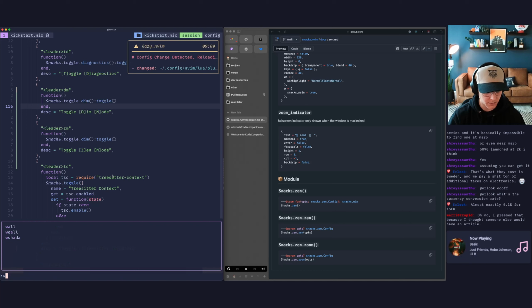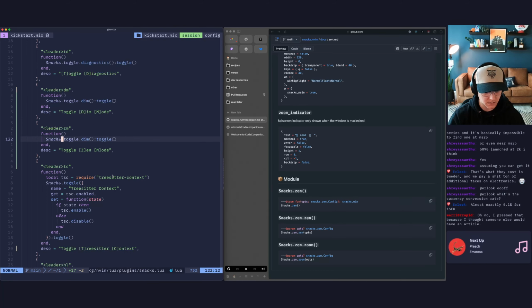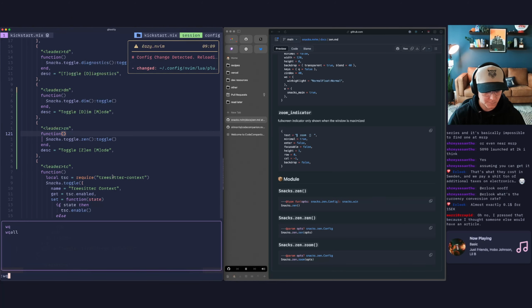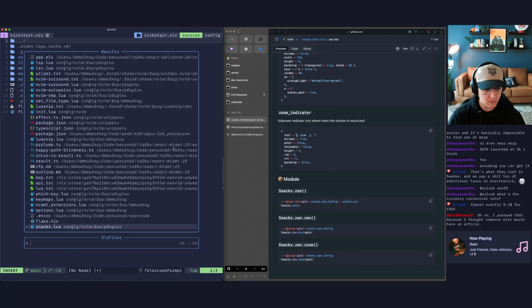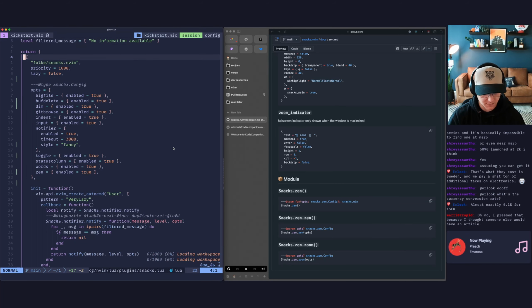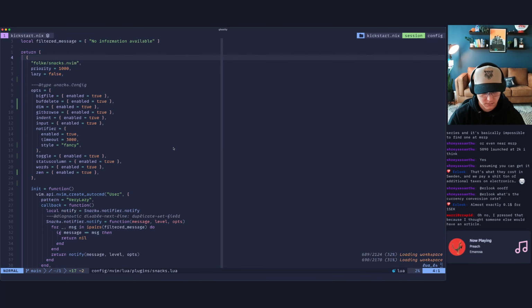All right, so that should work. No, this needs to be toggle Zen. Right, quit all, vim. Back to our snacks.lua. And if we toggle Zen mode,